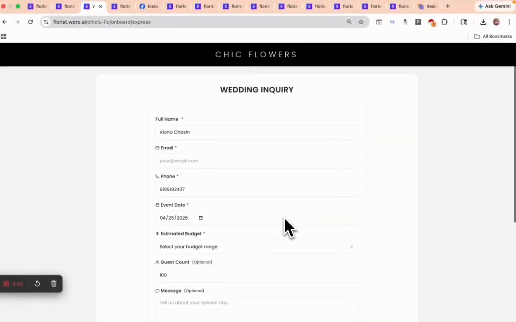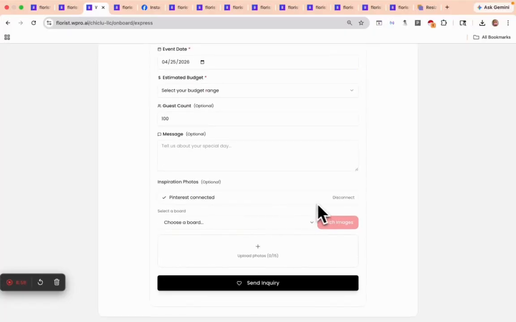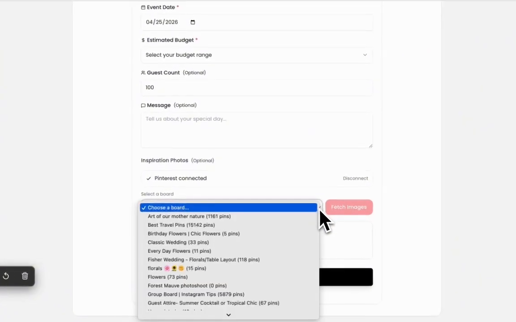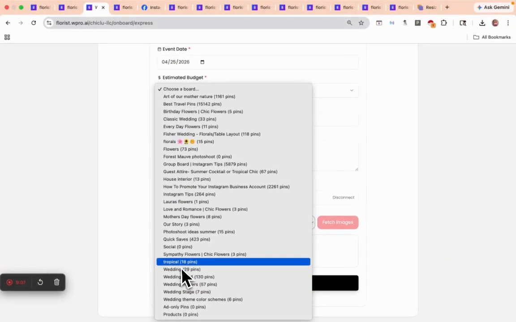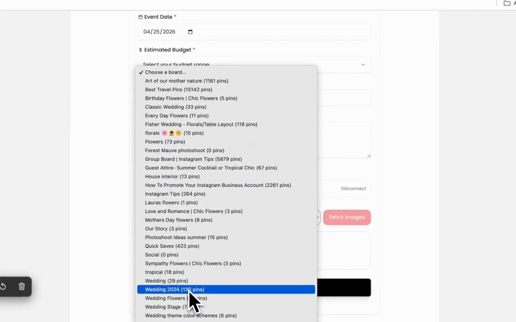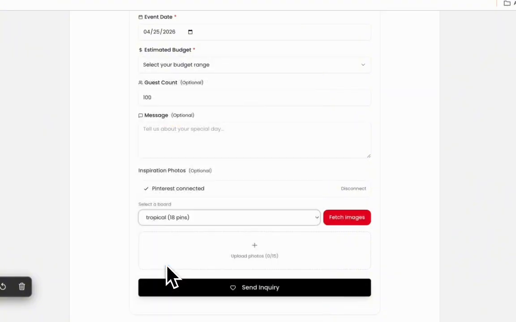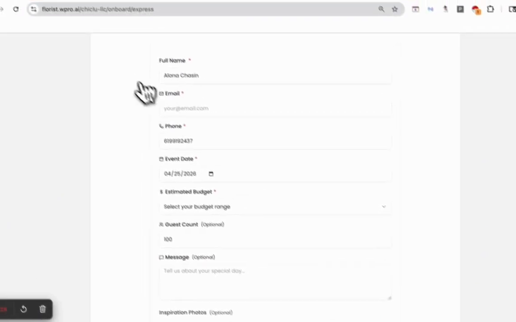you go into a classic form, but what's important here is you have a Pinterest board feature, so your actual potential client can include the Pinterest board, and all the images will be uploaded. Let me show you, because this is so cool. You will receive the images, they will all be fetched here,